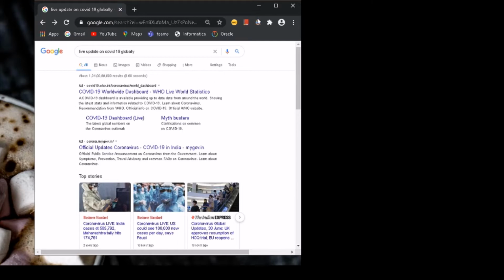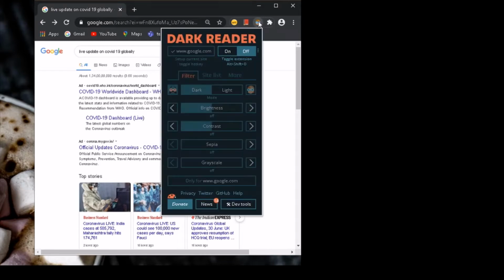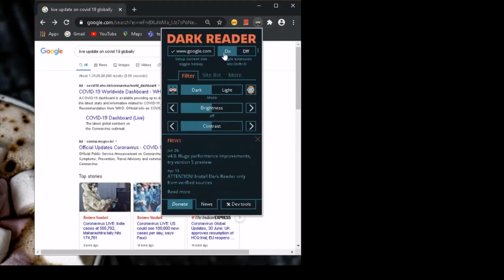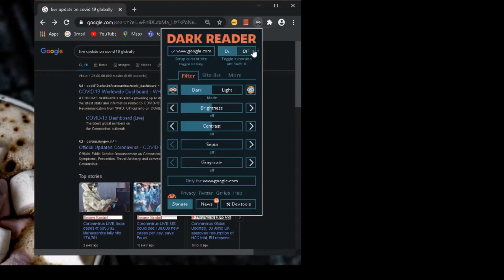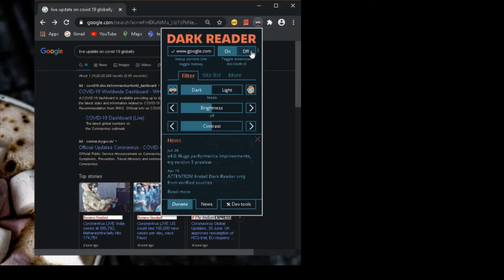In that case, you can explicitly go to this extension and turn on dark mode, and it will be dark. Once you're done with it, you can keep it off again. It's as you wish.